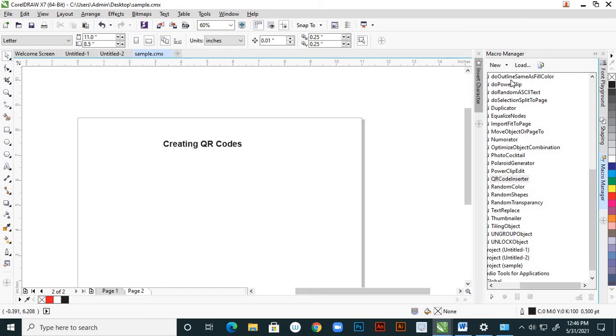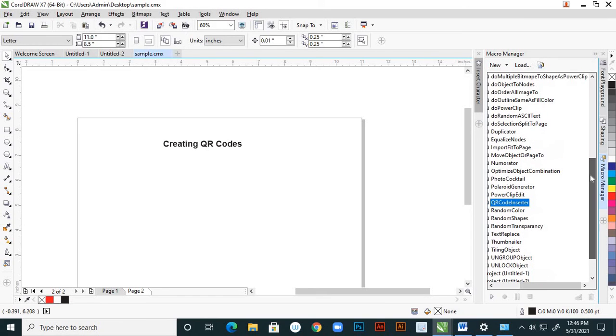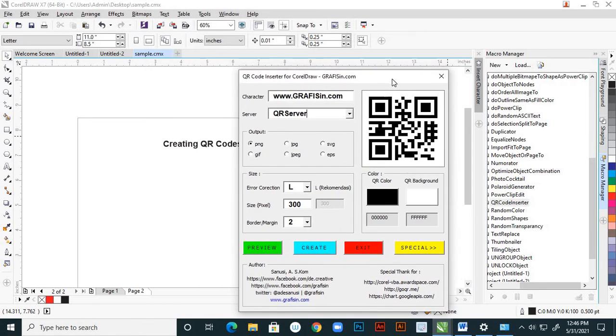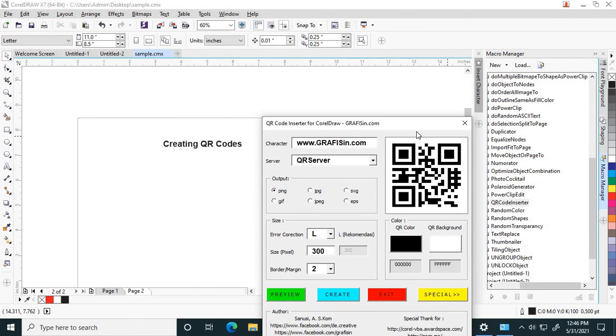Here in the Macro Manager, find your QR code. See here the different codes are there, right? This QR code, the QR Code Inserter. So just double click on that. Yes, here the QR code generator is available.